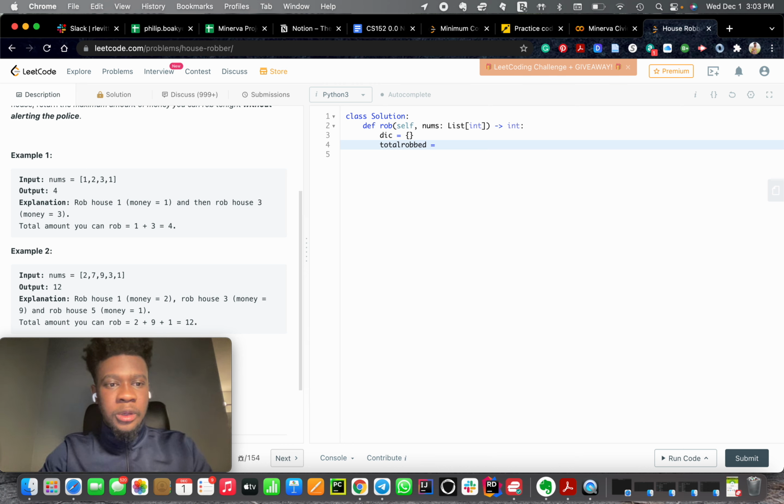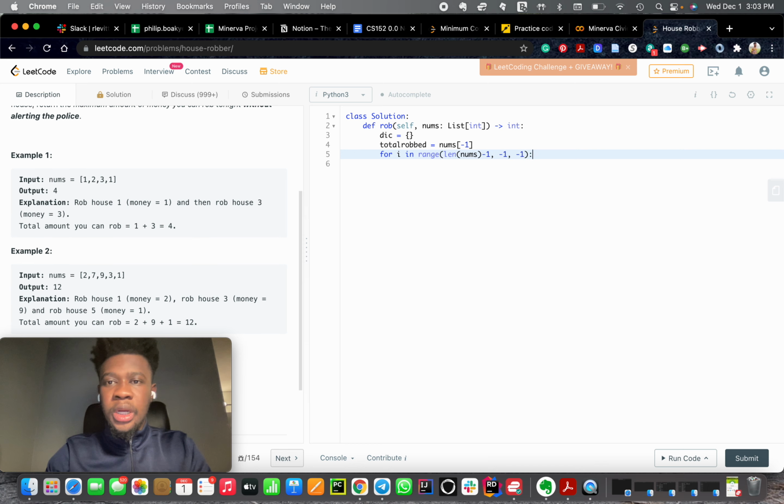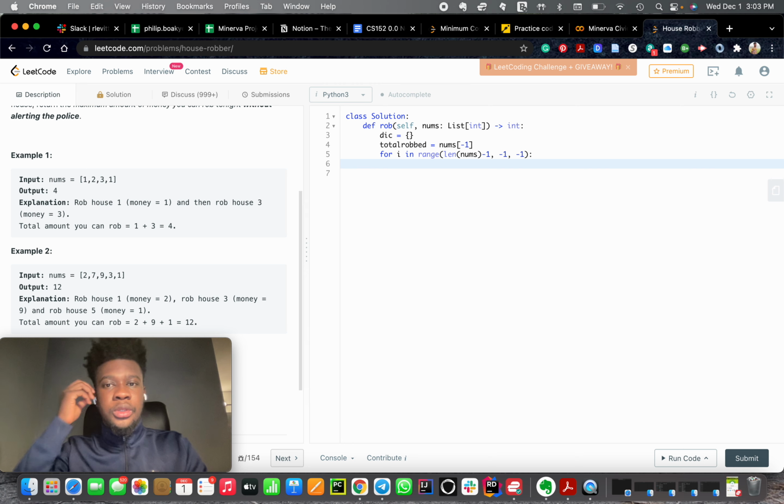So we start from the back, and in that way we know it's just going to be nums[-1] for the last item. So as I said, we're going to start from the back, so for i in range in Python, we go from len(nums) - 1 down to -1, with a step of -1, in reverse order. So we know we're going to start in this reverse order way. So what we have to do now, now that we have it this way, is